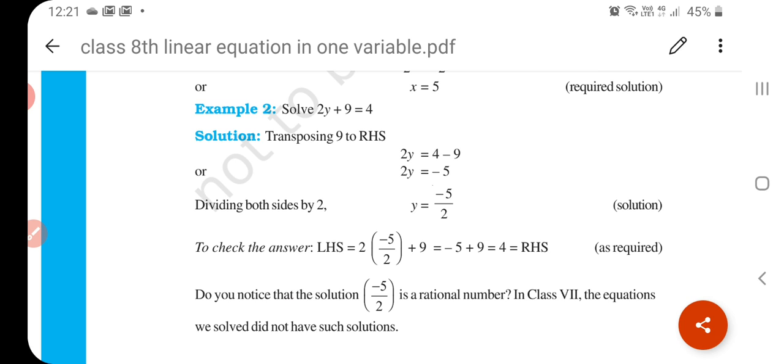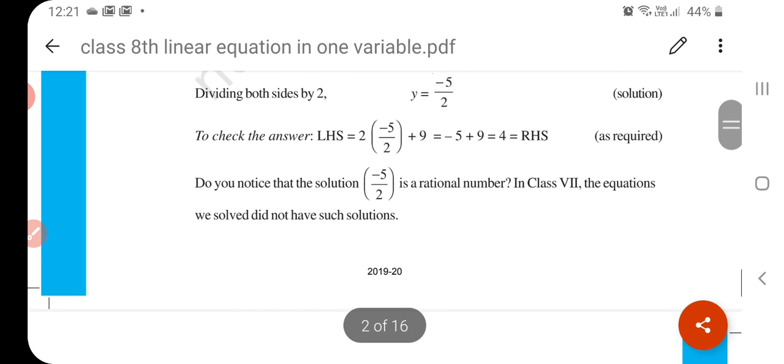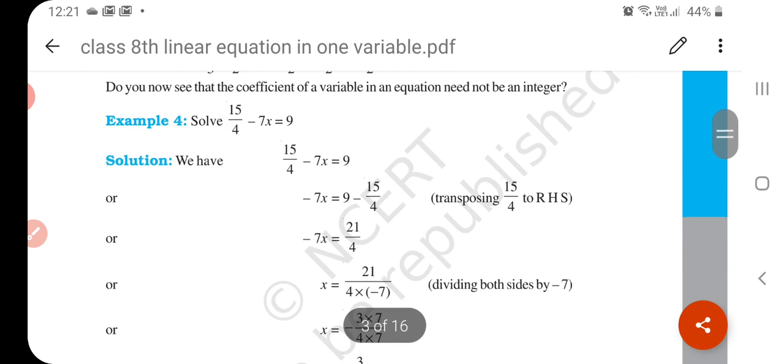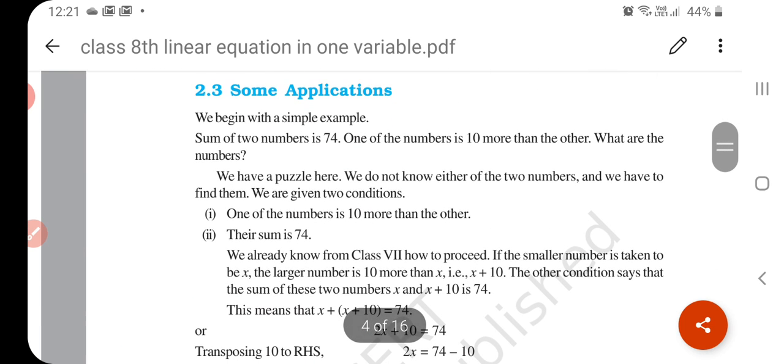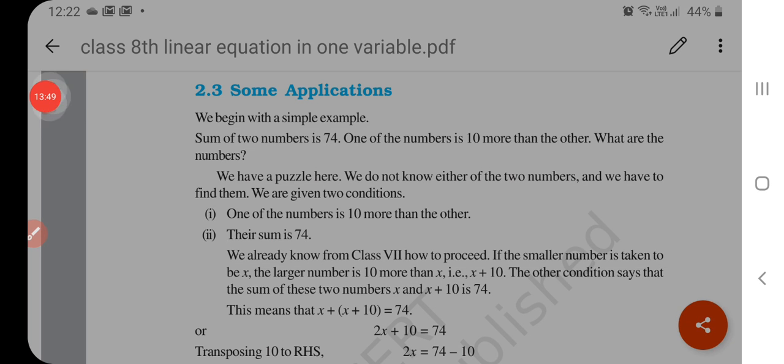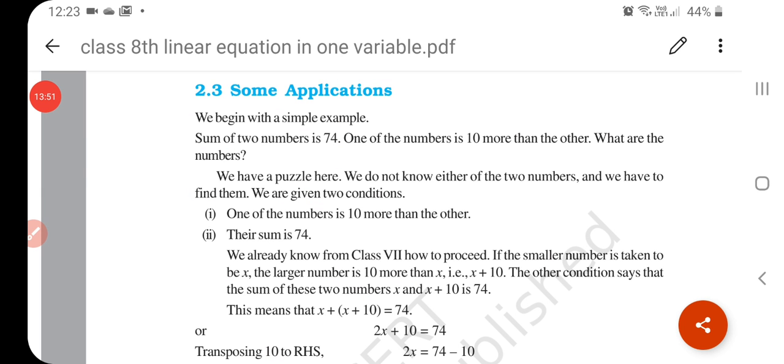So this type, you have to solve the equation with the first method, that is called the balancing method. Okay, understand? I think you understand. Now if we want, see these examples. Okay, and solve 2.1, we have already solved it, and some applications of this linear equation. See some more applications. Some application means if we transpose the number.